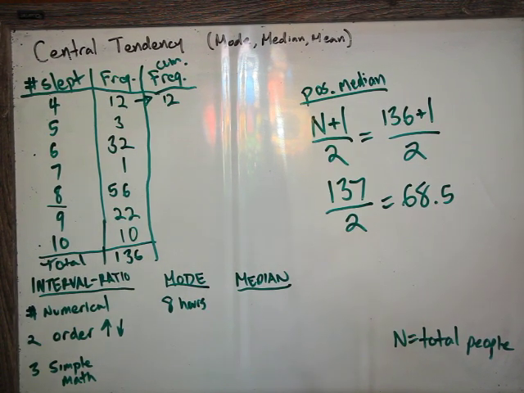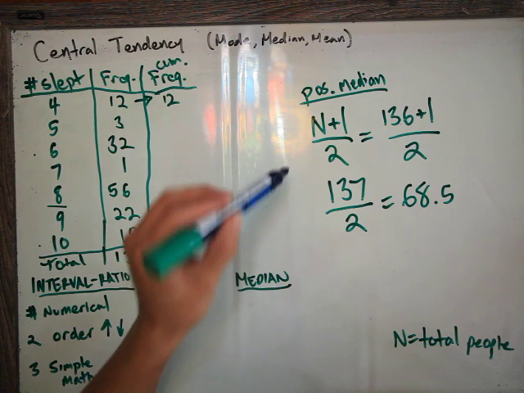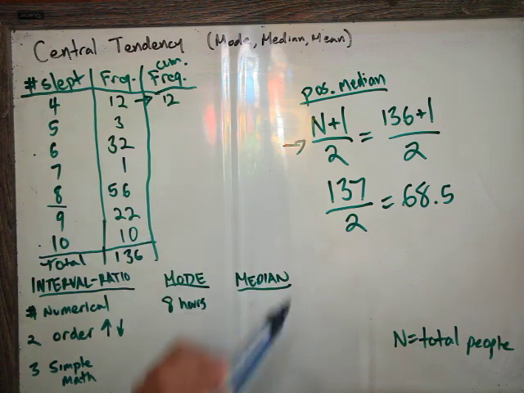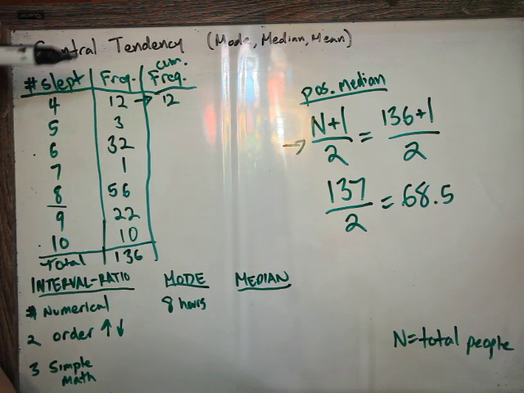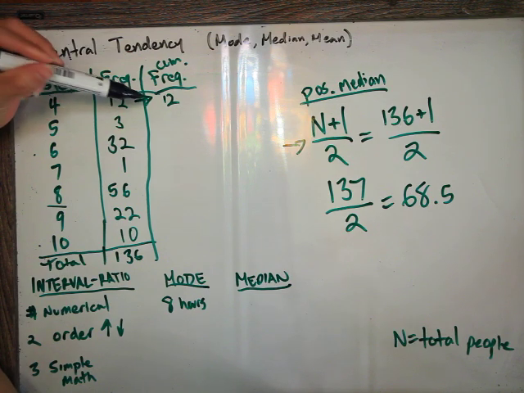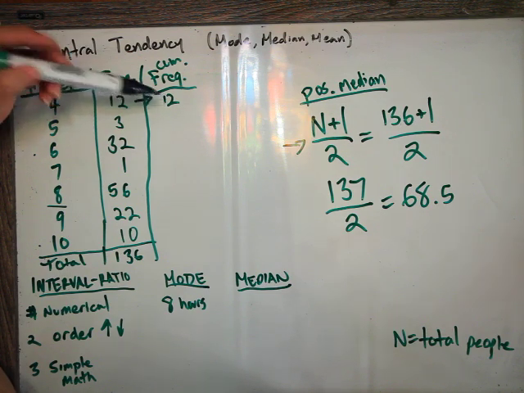really blame it. So what we're doing right now is we're working on the median for interval ratio data in a frequency distribution. We're not going to do it the way we did it in the ordinal data with the cumulative percentages. This time we're going to do it with the formula for the position of the median and the cumulative frequency. So in the first row for the cumulative frequency, we carry the 12 over because 12 people